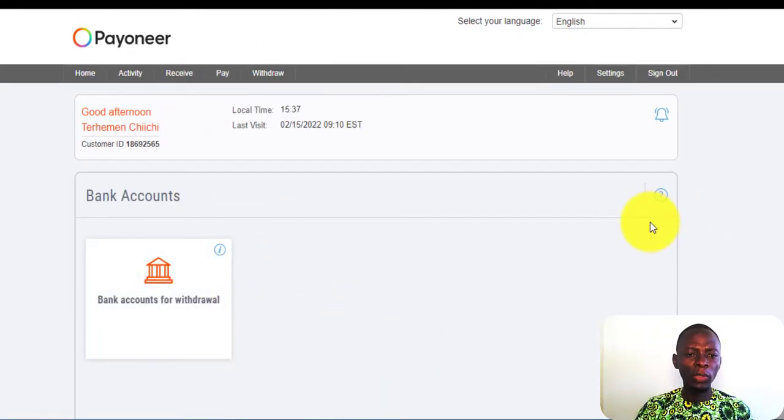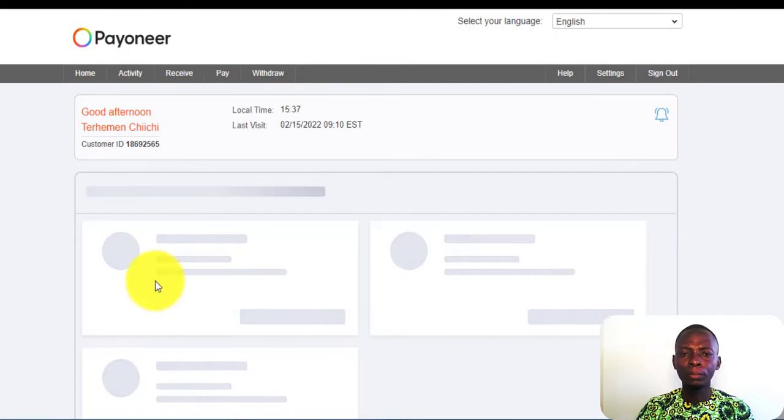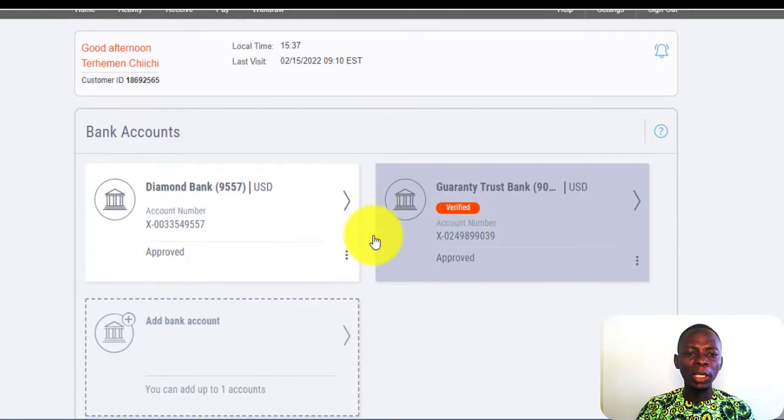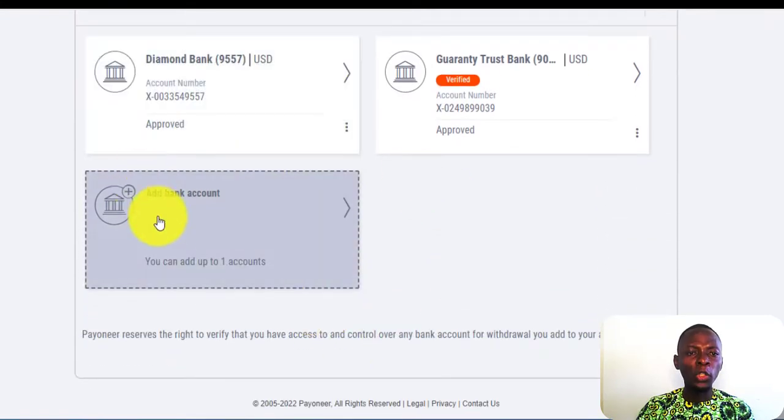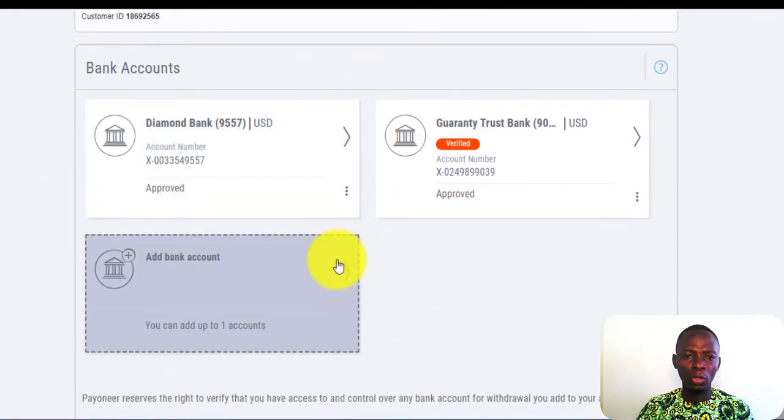Now, once that opens up, you need to click on bank accounts for withdrawal. And now you will see that there is an option here for you to add accounts. You can add up to 3 accounts. I have already added 2 accounts and they've all been approved. I am going to be adding the 3rd account just to show you how easy it is to do this in your Payoneer account. You simply click on add bank accounts,